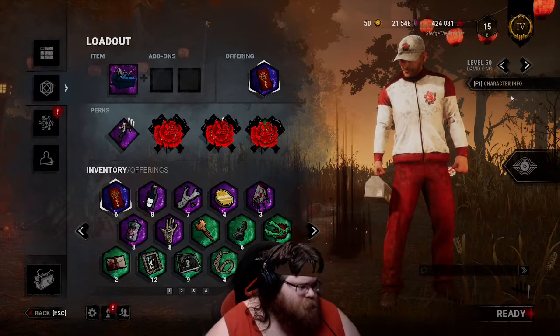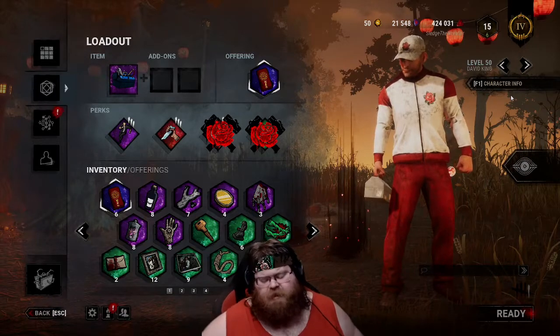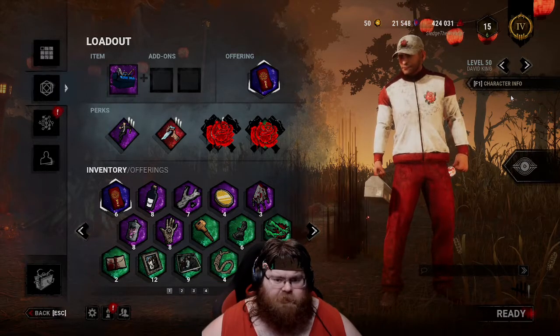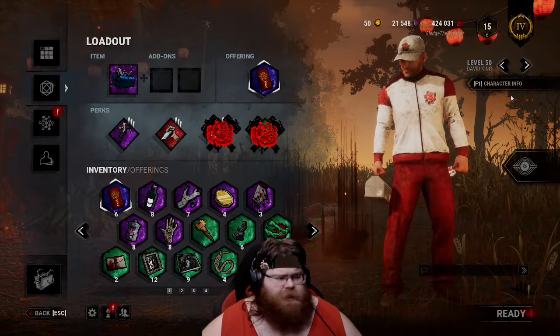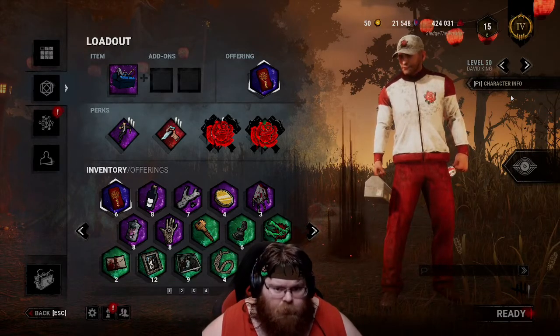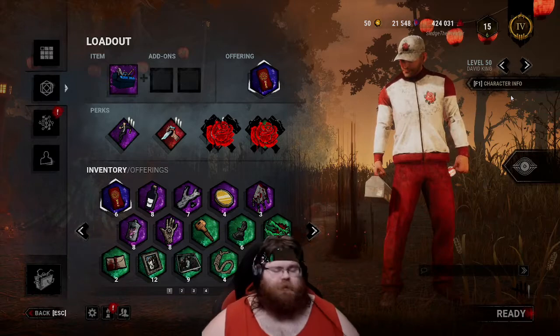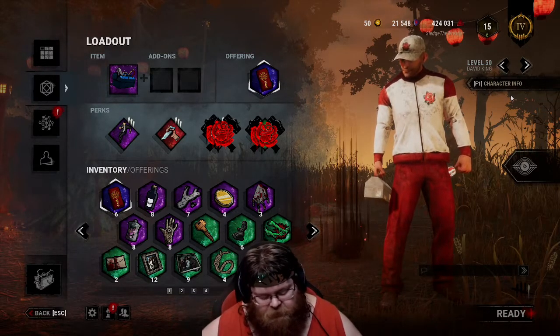So number 2, which is interesting, is Decisive Strike. Now, Decisive Strike is a perk that I wasn't high on for a long time because it's one of those perks that seems to never get value when you have it on, and then you wish you had it when you take it off. You know what I mean? It's one of those perks that is always like that, it seems like. But it's so important,